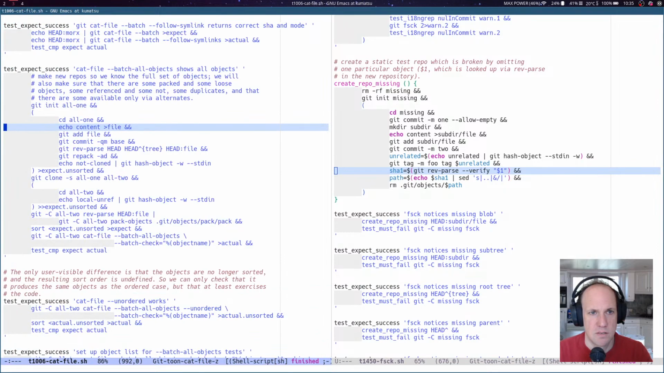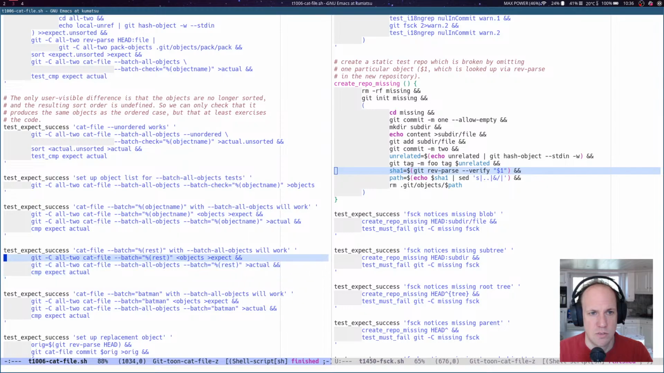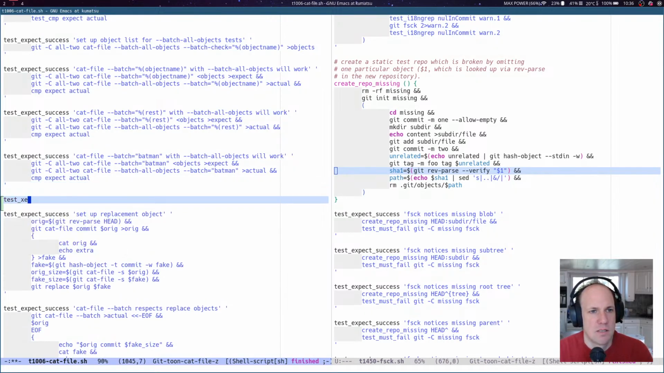So let me go to the cat file test again. Unordered. Set up object lists test. Set up object list for batch object, all object tests. I'm sorry. Okay. Test expect success. Git file. Batch all objects with missing. And then we say